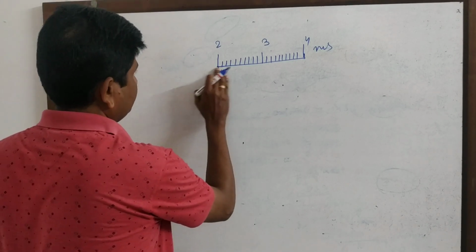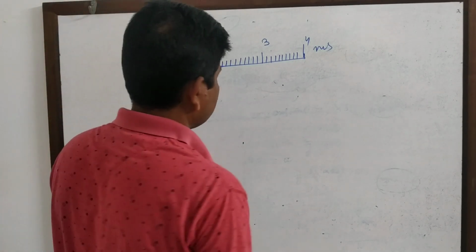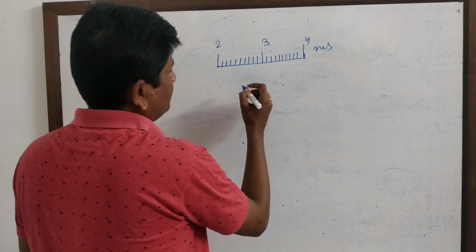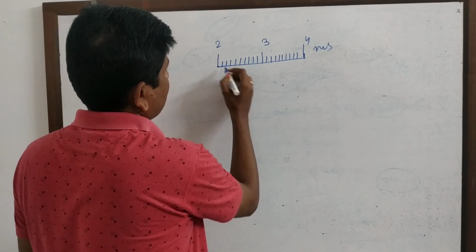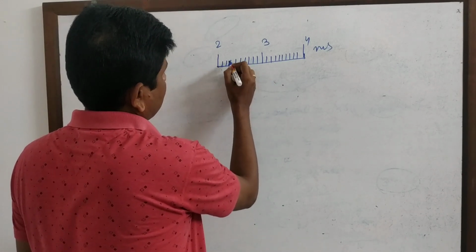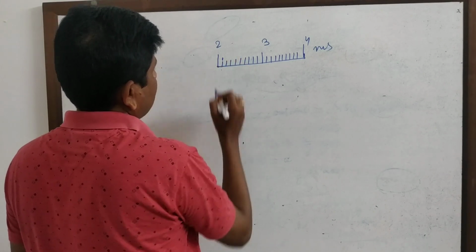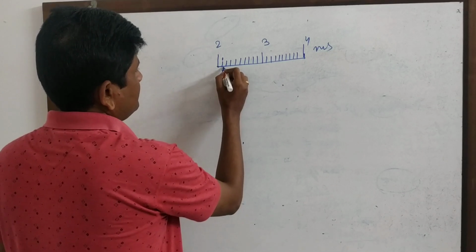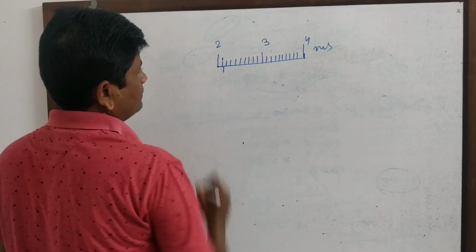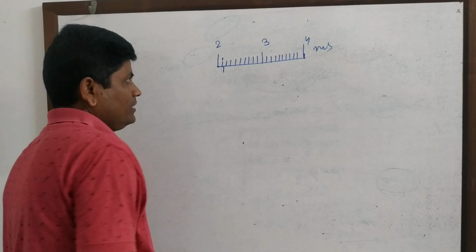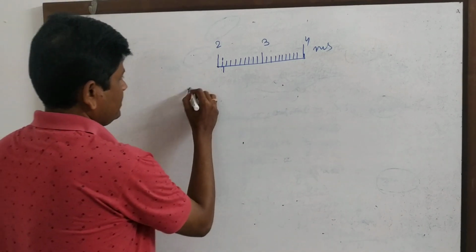Let the zero mark of the vernier scale have crossed 2.1, and it is here. Then in that case the main scale reading